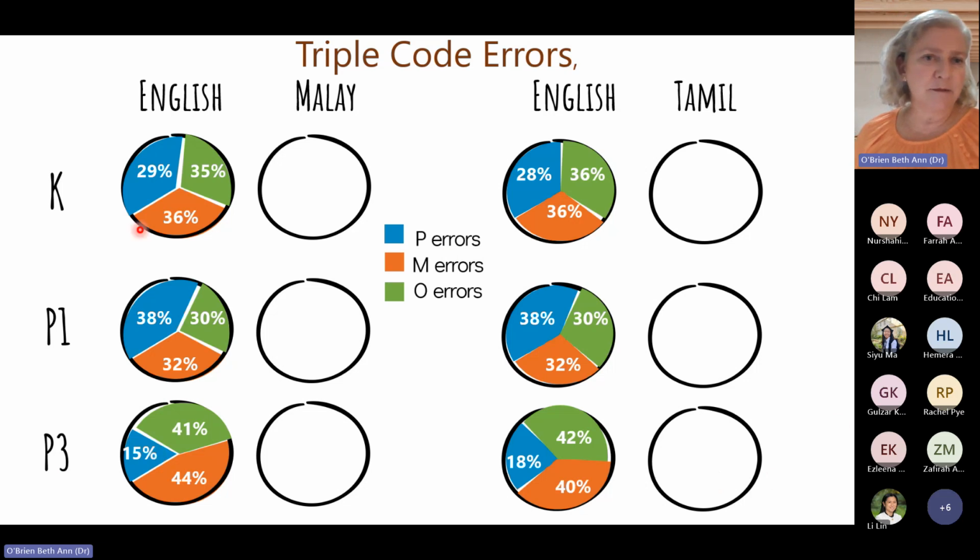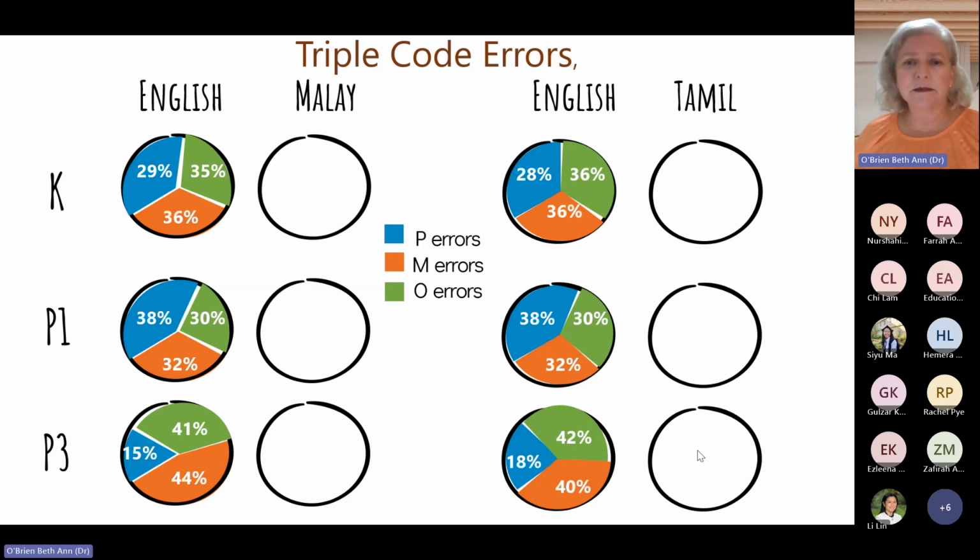The ones on the left are the English-Malay bilingual children's English scores, and the ones on the right are the English-Tamil children's, also their English spelling. So here what we found was that for English, both of these groups look very similar. So I think what we can say is there's probably not an effect of typological distance between the two languages that the child is learning.